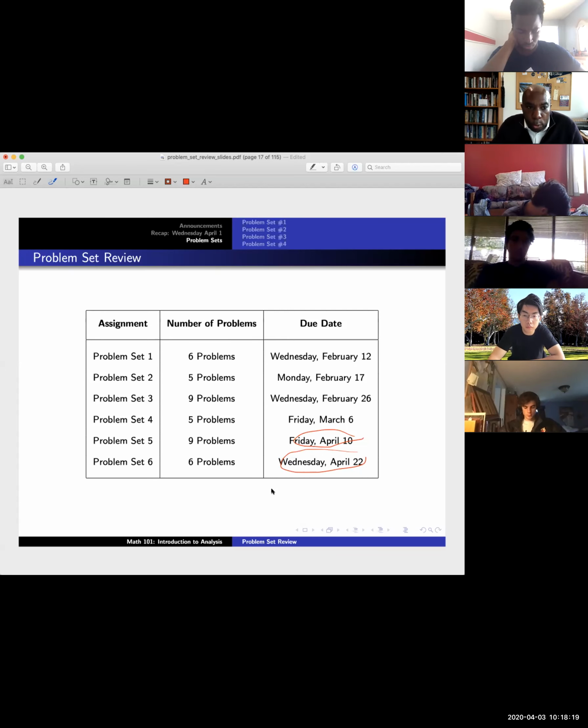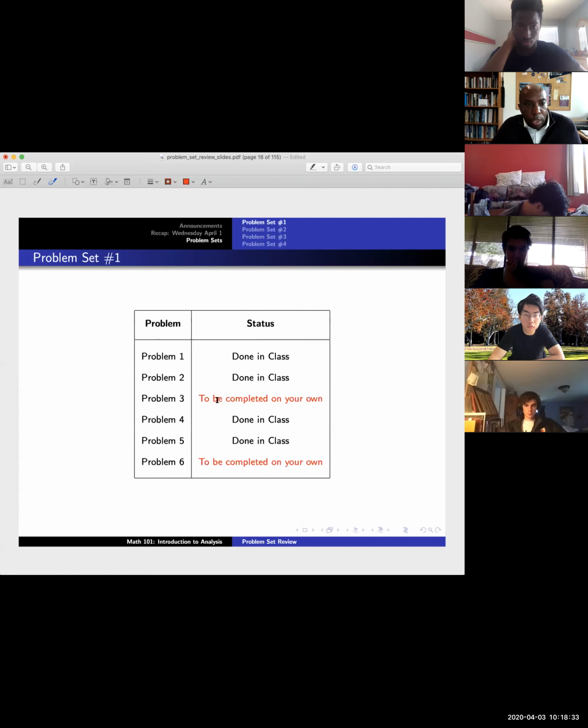So I want to go through the first 4 problem sets in detail, each of the problems here, all 21 of them, just say 25. So here's problem set number 1. There were 6 problems. We actually did 4 of them in class, and then there'll be 2 of them that you should complete on your own. So I'm not going to go over these here in detail. Let me just quickly go through them one by one to remind you what we did. But I do want to go over the 6 problems here.